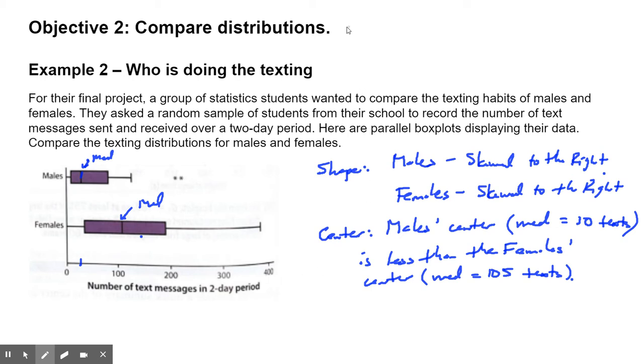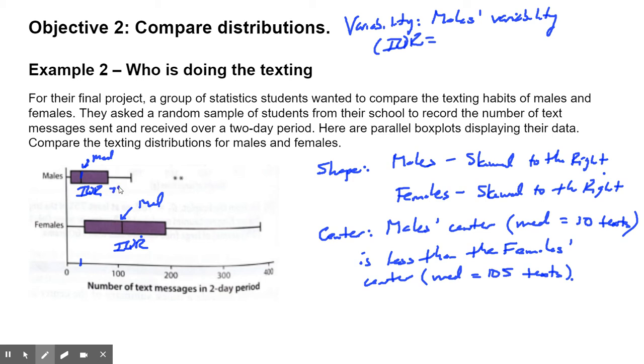Okay, I'm going to do variability up top here. So variability. For variability, because we're using the median, let's use the IQR. And the IQR is going to be the width of this box. Remember, this box represents the IQR, and it's the range of that box. So we're going to say the male's variability has an IQR equal to, and for the males, this third quartile looks to be about maybe